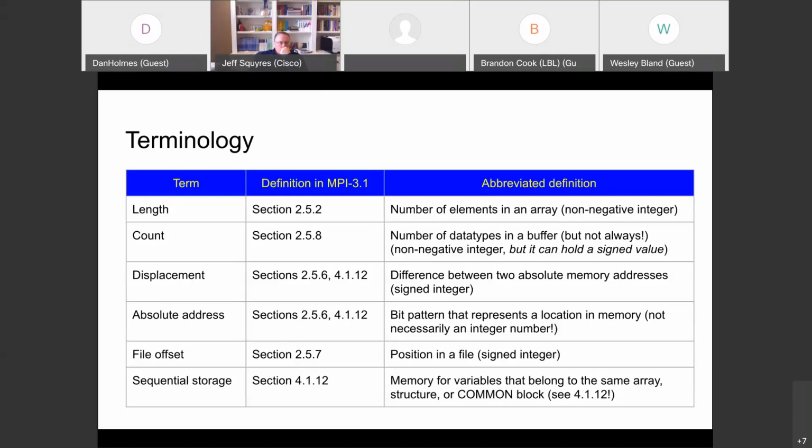These are language definitions which we've unioned together and co-opted to define what we call sequential storage. You need to know what those terms are in order to understand when we say that we're making counts bigger, but not making lengths bigger. What's the difference? Well, this is the difference between these terms. Okay.